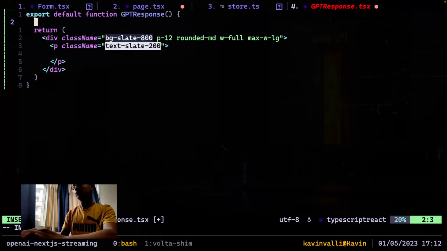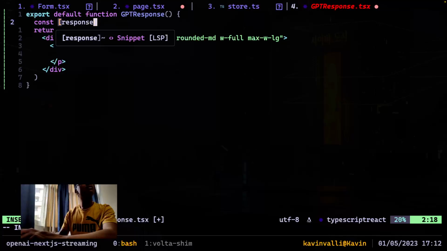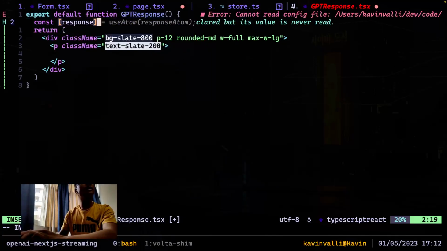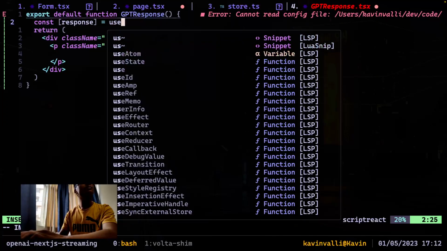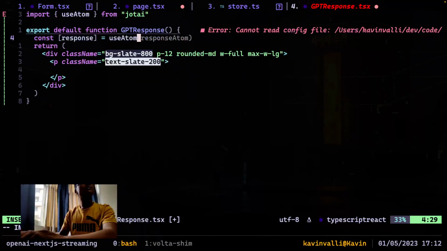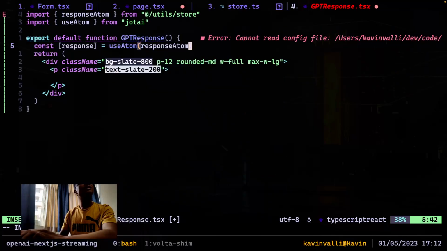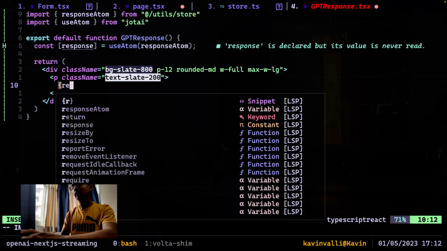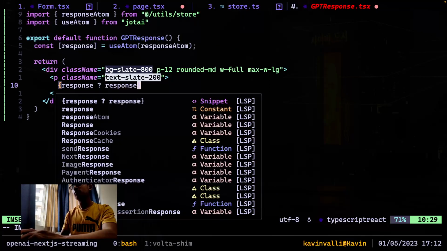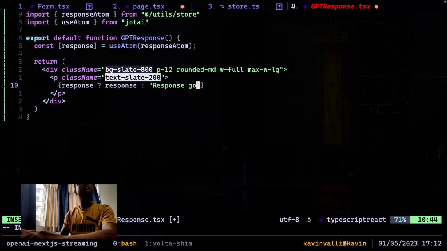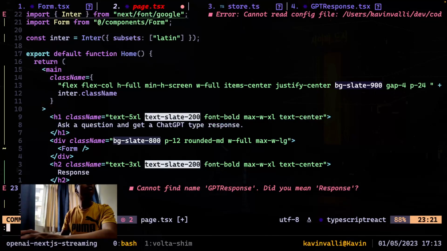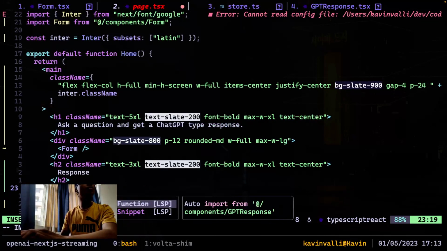Now we get the response again, very easy. It's just const response. Again, we can have set response if we want to, but we don't need it. It's just called use atom, which comes from Jotai, and pass in the response atom. Very easy to use this. Just say if we have response, then we show response. Now what we want to do, go over here, import this,